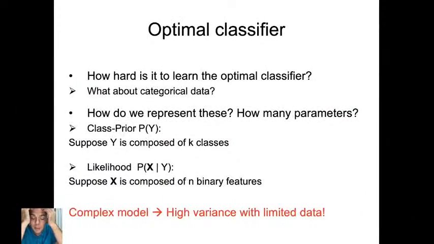So the main idea is that you need all possible combinations of feature vectors. All the combinations of 0 and 1 are 2 to the power of n, and you also have to have these for all object classes to have probability. So essentially you would need at least one sample from each example to have probabilities. This is a minimum set of samples to estimate some probabilities, but in practice this is also impossible to achieve. So we have reduced this optimal classifier to a very simple case, and still,